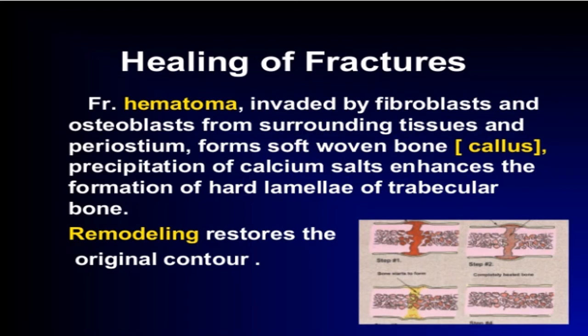So, how does a fracture heal? The first thing that is important is a fracture hematoma. Whenever a bone is broken, the intramedullary and the cortical blood vessels, the lamellar blood vessels that are going through the bone, are broken and blood oozes out. This blood is rich in fibroblasts, osteoblasts, and stem cells.